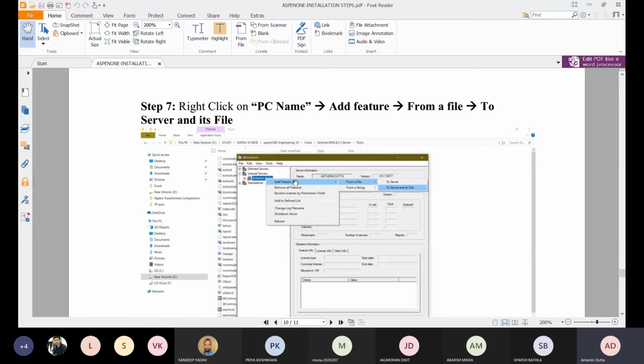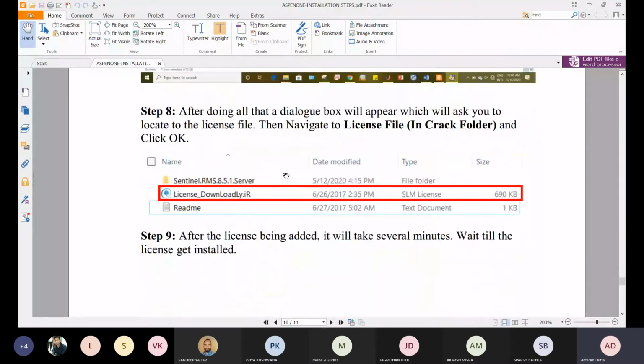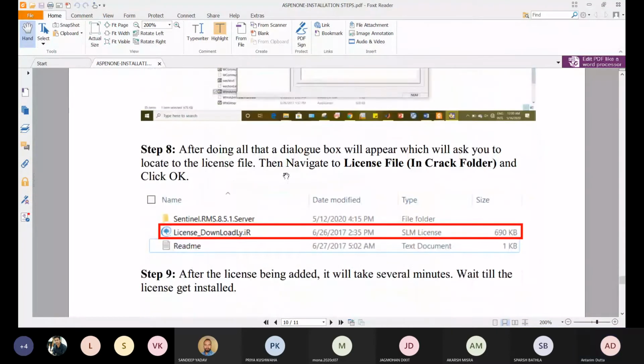You don't have to learn it, obviously, but you have to memorize this thing, or it's present over there. So make sure that you don't select to server, otherwise the software will get corrupt. Okay, so just select this to server and its file. Okay, and after selecting that thing, what you have to do is